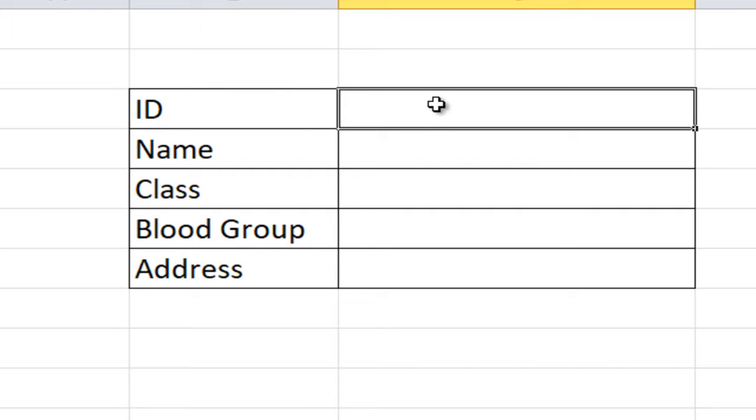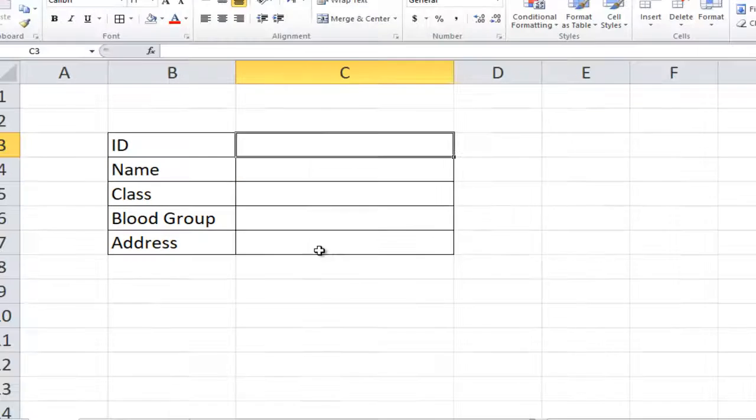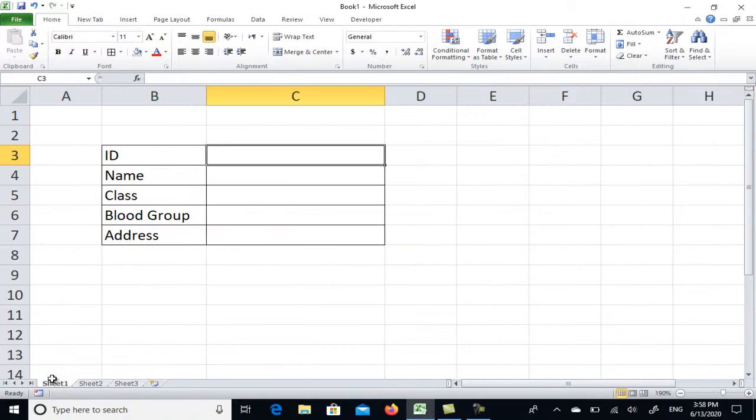Here you are going to write the ID, and here the name. So you don't have to write the name, you just have to write the ID, and the rest of the things should come from sheet 2. So how is this going to happen: